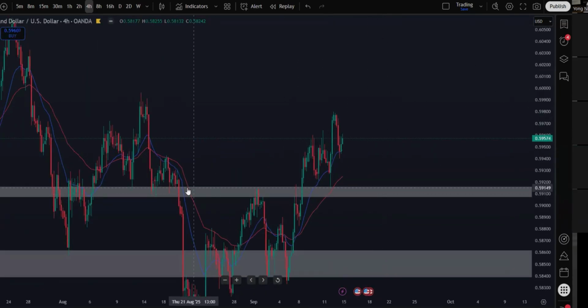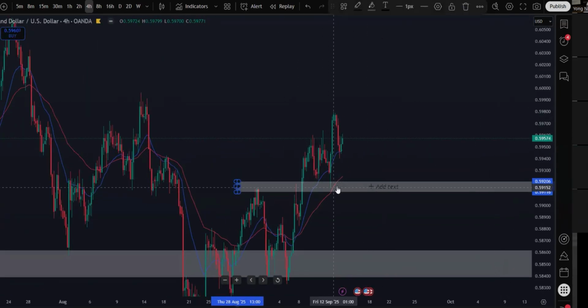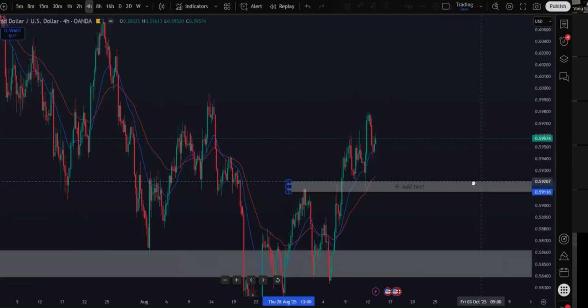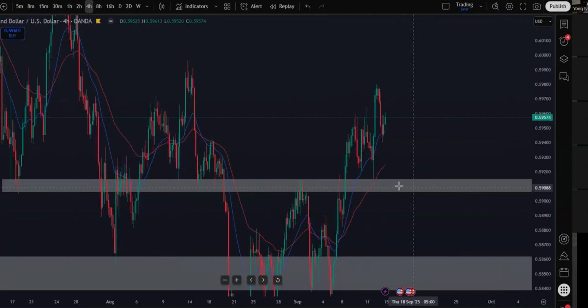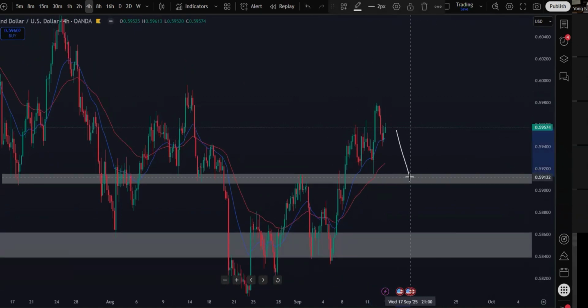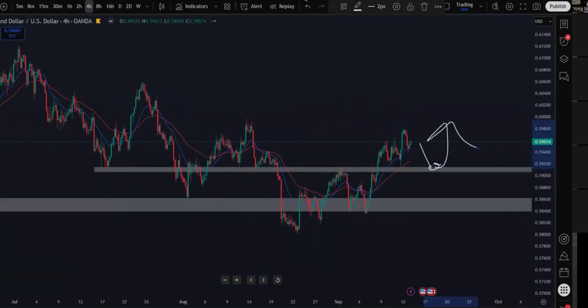I think a few of you bought it here on this spike, and that was a good entry. My entry was a little bit lower, although I wasn't focusing on Kiwi dollar. But if I were to buy this, my BNR entry would definitely be at 0.5910, so it wouldn't be here as well. And that was caused by a news event. Anyway, if New Zealand dollar comes back to 0.5912, I'm still very happy to buy into this